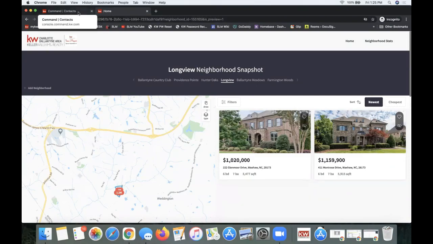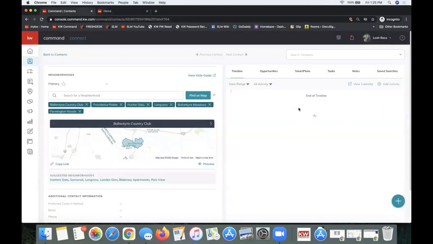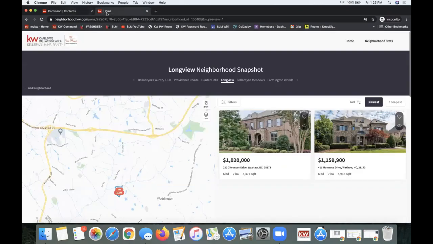I'm gonna switch tabs to show you guys right here. Okay. That's where you'll see any favorited properties in the timeline of the contact record. Now this is just in a different tab, so I don't want to confuse anyone, but I'm switching between tabs. I just have the landing page and my command account open in 2 tabs, so that's why I was able to switch real quick. But now I'm back to the landing page,